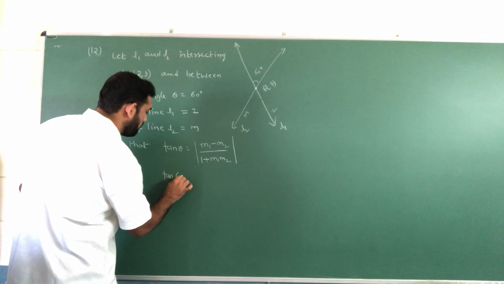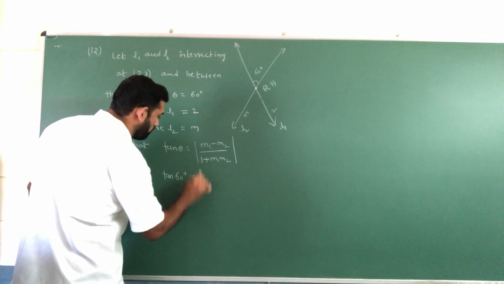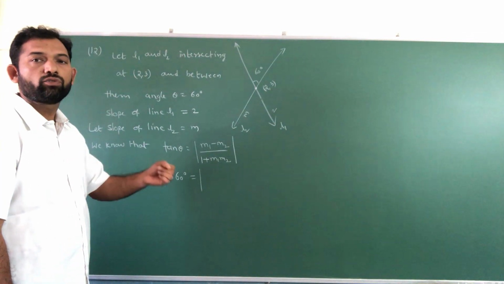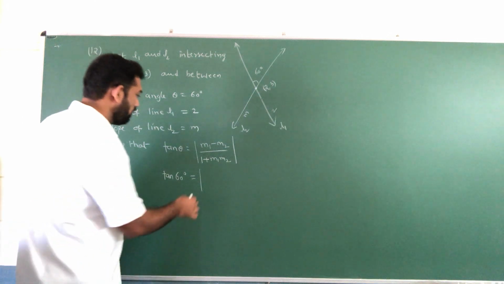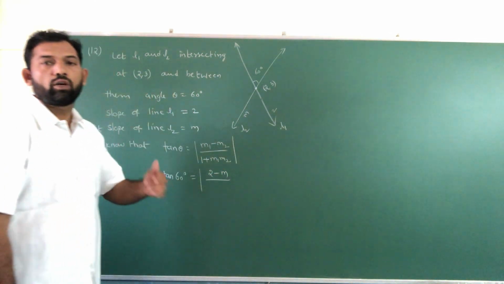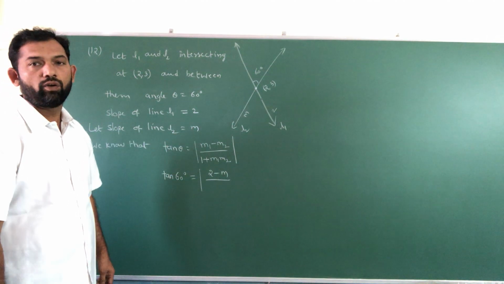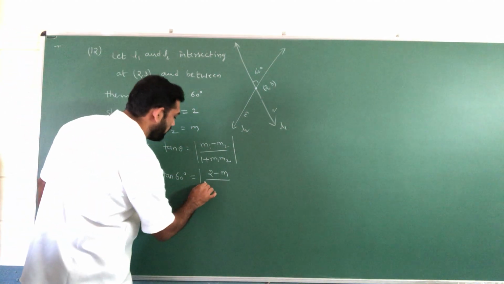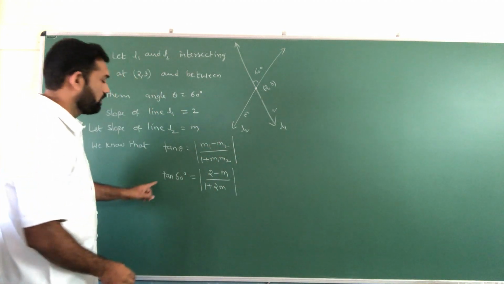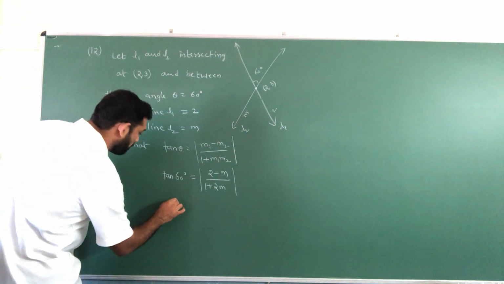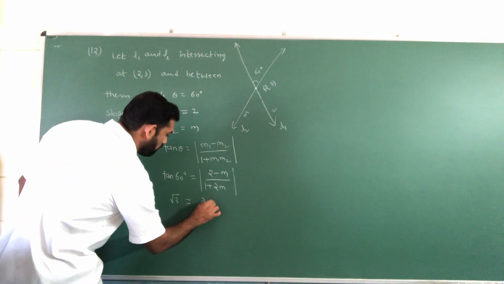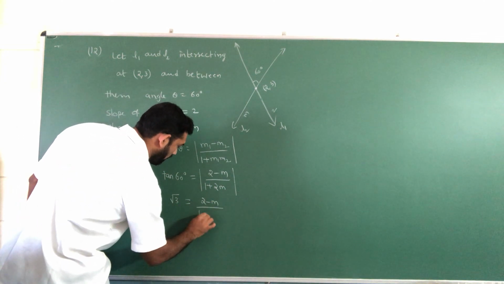Tan 60 degrees is equal to the modulus of M1, the slope of line L1, which is 2, minus M2, the slope of L2, which is M. So substituting and simplifying, tan 60 degrees, root 3, is equal to (2 minus M) divided by (1 plus